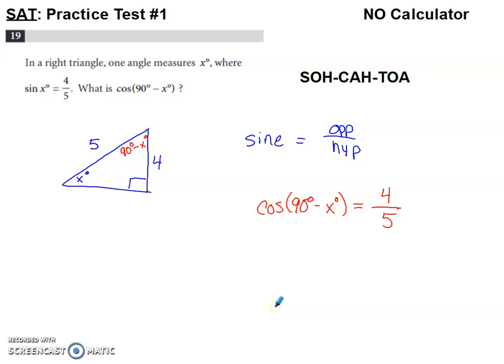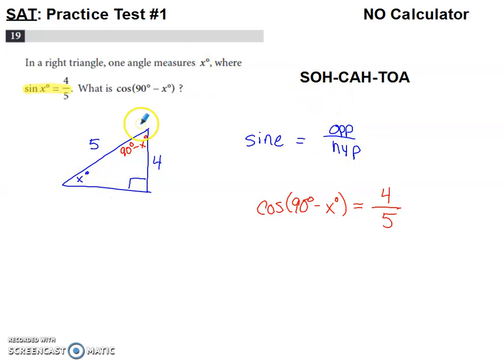I'm always a fan of trying to see if I can produce the answer as opposed to requiring that I memorize something previously that allows me to get the answer that way. So can I do any work that allows me to produce this answer? What I kind of noticed here is that it tells me sine of x degrees is 4 over 5. So I know that I'm dealing with a right triangle, and I know from SOHCAHTOA sine is opposite divided by